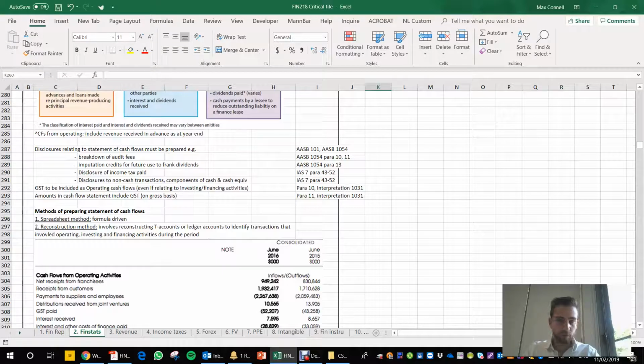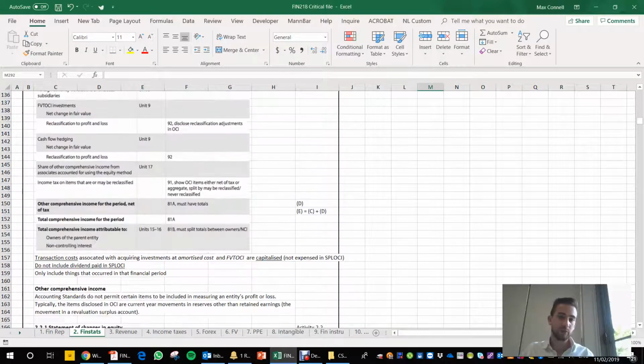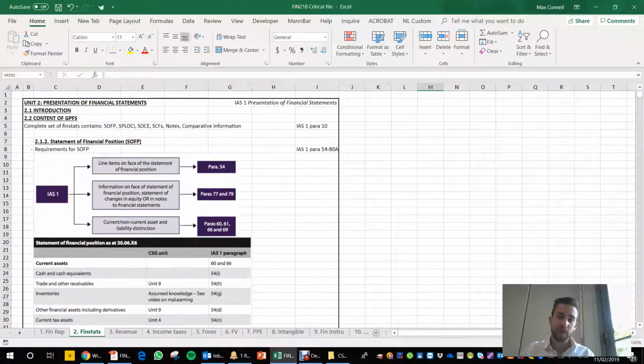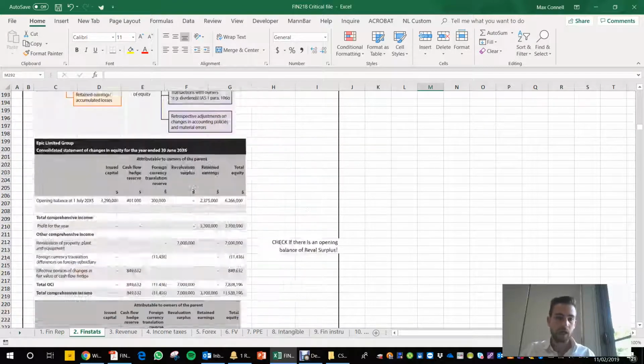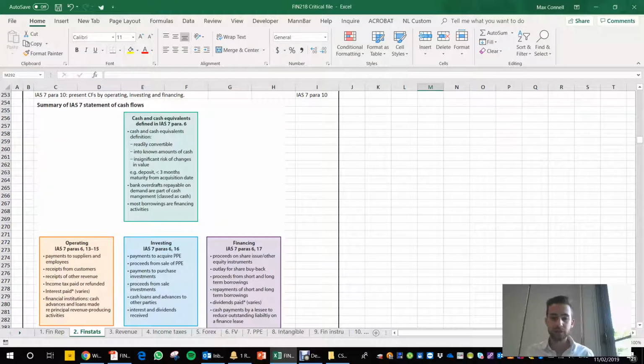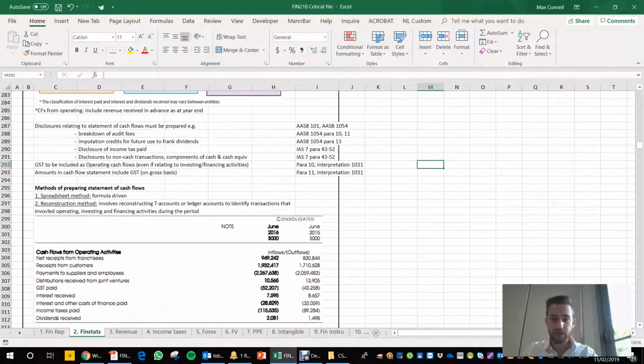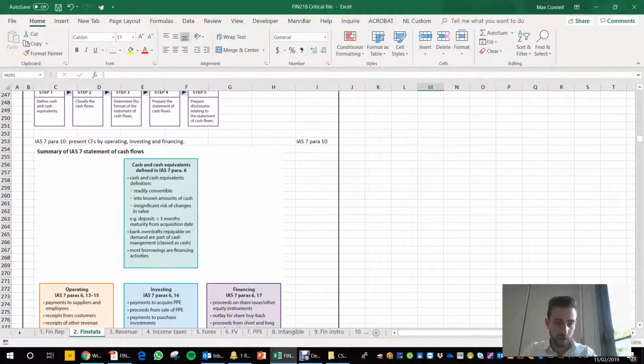And here's just some minor points about how there are some disclosures the cash flow must include, and these will just be in the notes to the cash flow at the end. Again, most likely these won't come up in an exam question. The most likely type of exam question will be prepare a statement of profit and loss and other comprehensive income, prepare a statement of financial position, prepare a statement of cash flow. And it's really just allocating each of those numbers that they give you in the question to the right category,